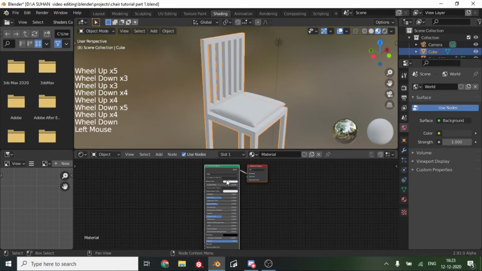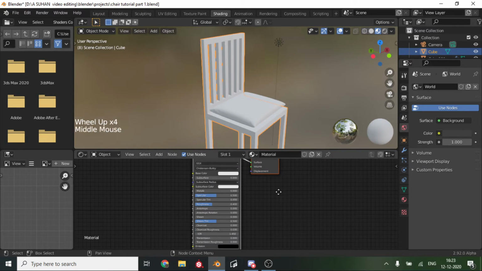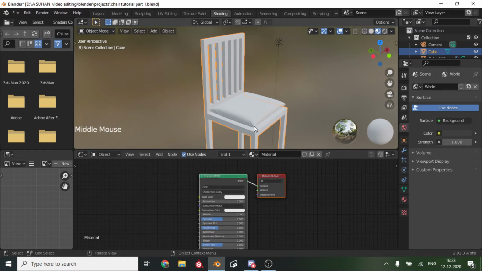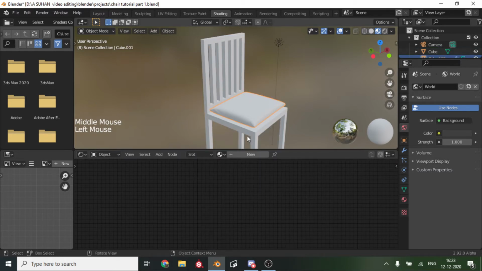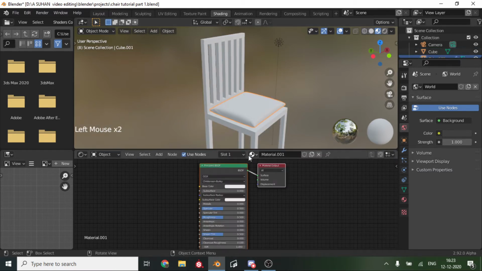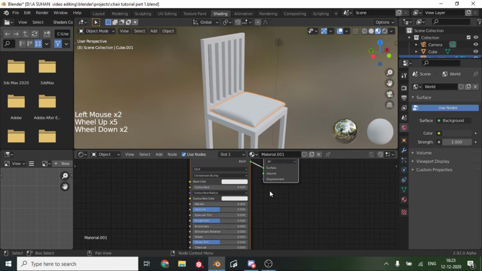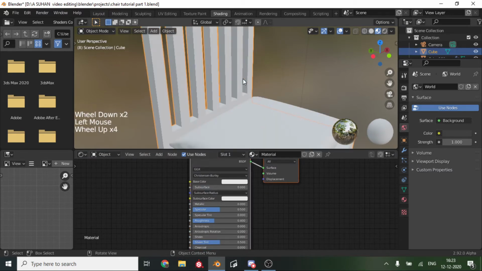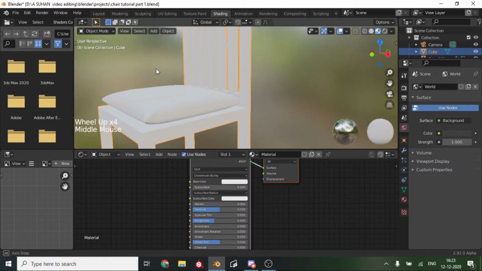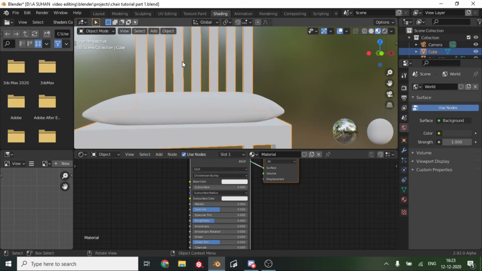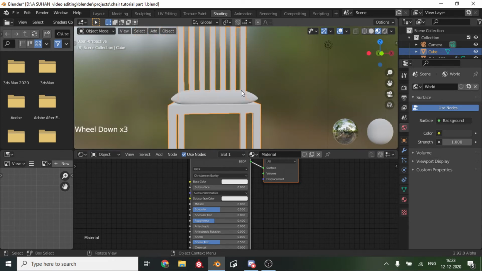While for our chair, yes, we have something over here which is complex and looks really complicated, but it's not. I will explain what it is. First we will add in a new texture, and okay, so now both of them have the same thing, but you will see that it really does not look a lot like a chair. Like in shape, yes, but you wouldn't be convinced that it's a wooden chair.